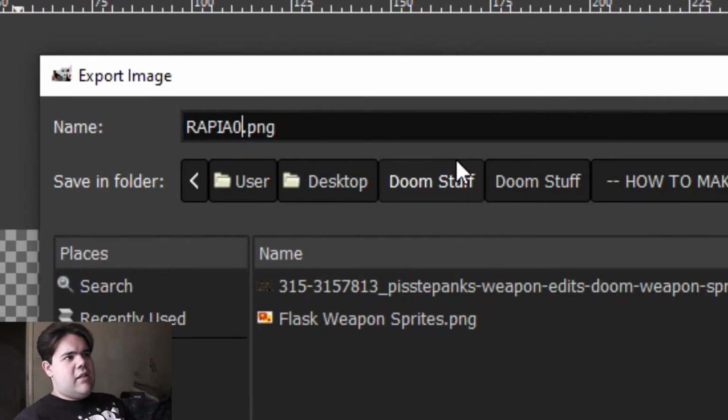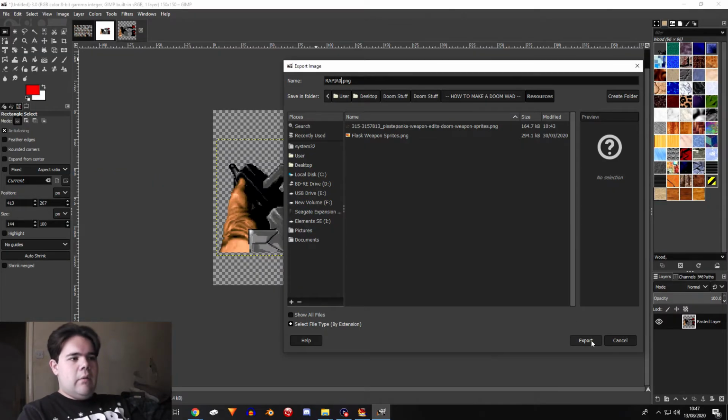Rotations are only really necessary if it's anything other than a weapon in the first person perspective. For example, this is the first person perspective. Rotations won't really work since the sprite will follow you wherever you look. Rotations are only really for if it's on the ground. So this is going to be RAPI frame A 0 rotations. I'll click export,